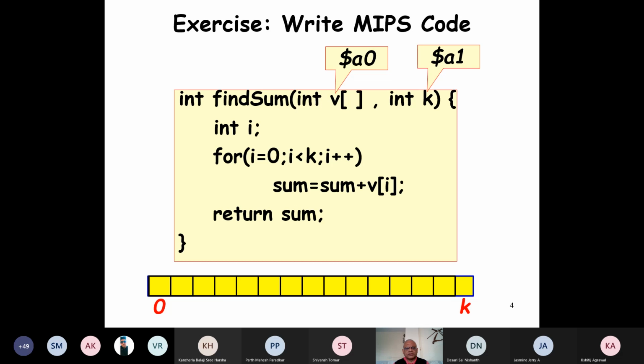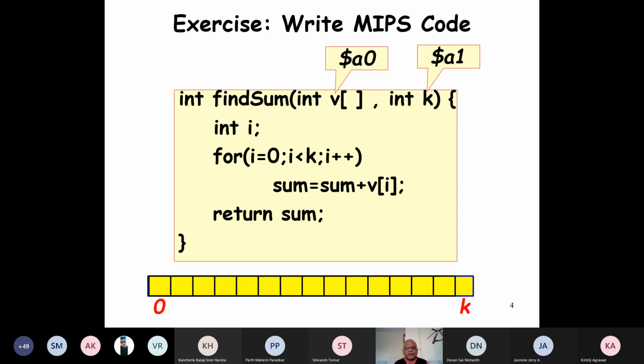Now let's write the code for this. Sir, I have a doubt. Yeah, Balaji, please. Sir, here the arguments are int v and int k. Why does the A1 register contain the address of k and not the value of k? No, the A1 register contains k.